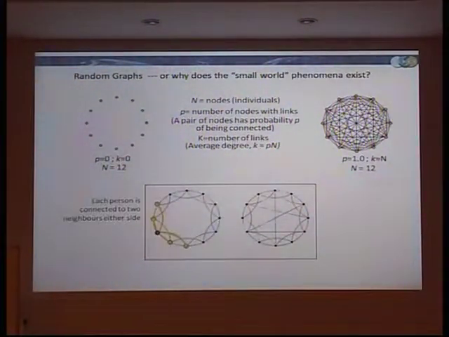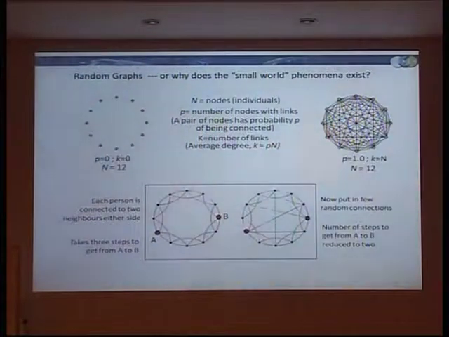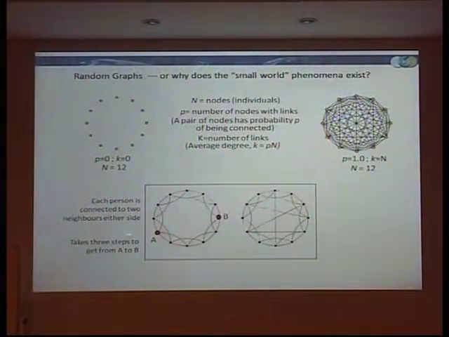So how do we calculate these P's and N's and K's? Well, very simply, if you look at this node here, it's connected to two others. Now, if we want to find a path length to someone else, like what the 6 degrees of separation is showing you, the path length between A and B is 1, 2, 3 steps, right? Can you see that? 1, 2, 3. So that's what the path length is, the 6 degrees, basically.